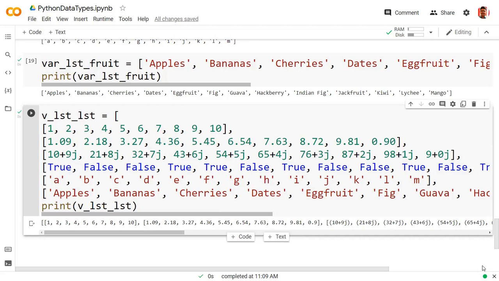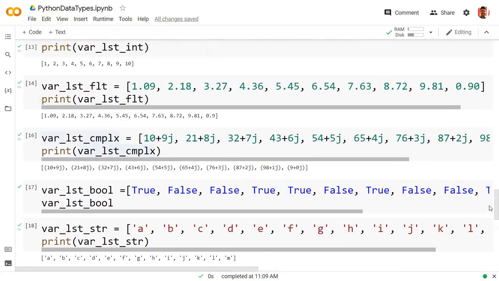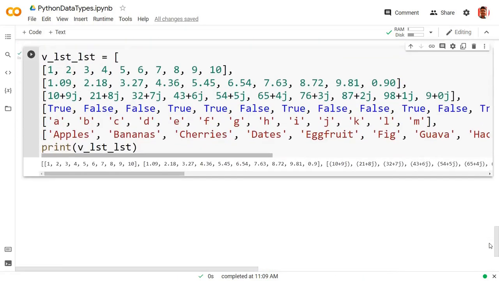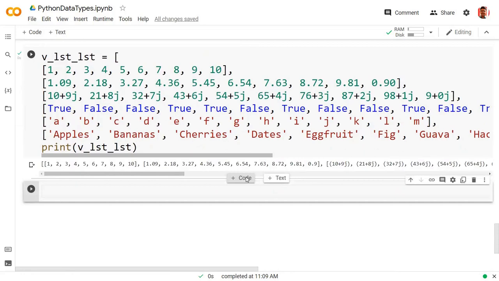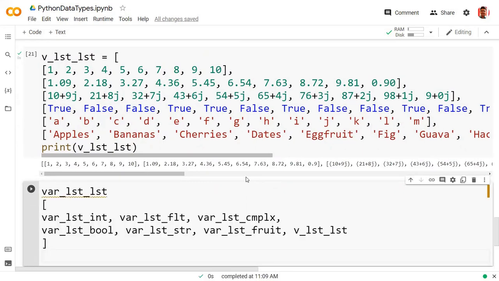Okay, there is another way of creating a list of lists. Suppose we have already created 5 or 6 different lists, and now I want to use those variable names to create my list. It is very simple. You can have this particular thing, and then you can print it.